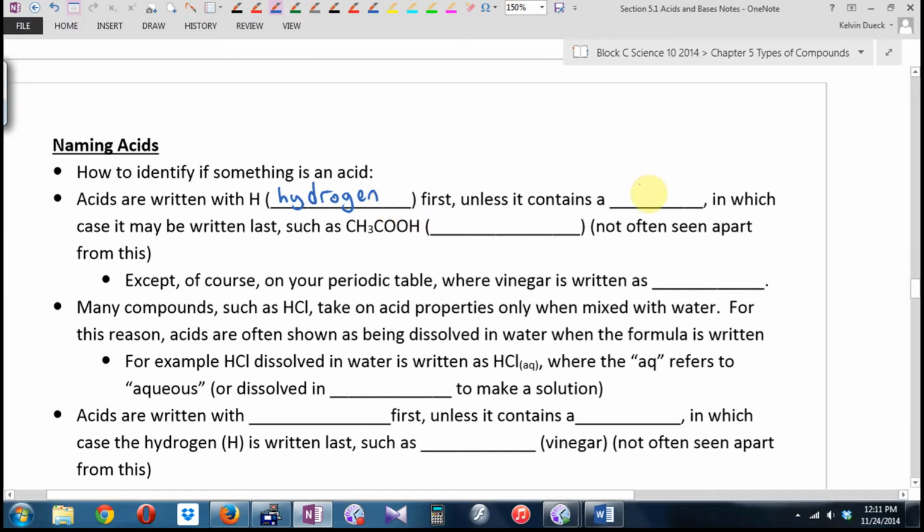Unless it contains a, what element is that? So you can write the word carbon, or you can put a capital C. In which case, sometimes the hydrogen is written at the end. And already they've confused me. Why? Because I'm not in charge. Such as CH3COOH, which I pronounce "chaku". Chaku is